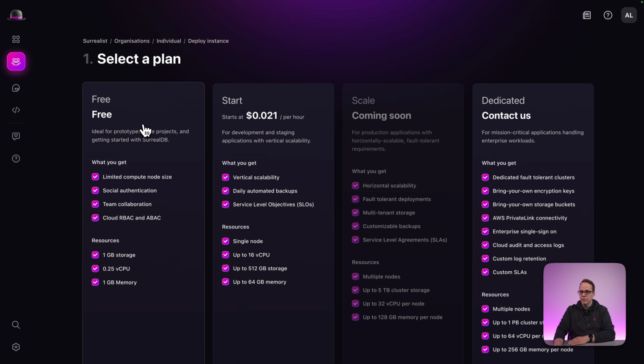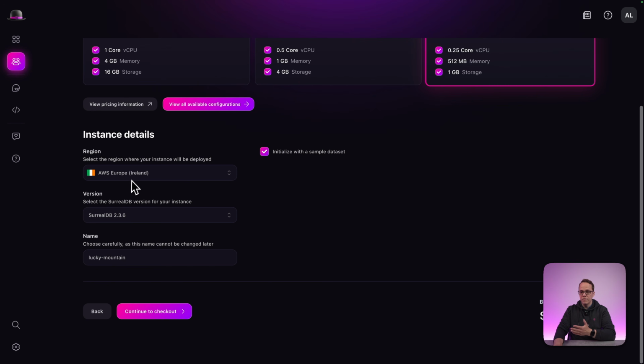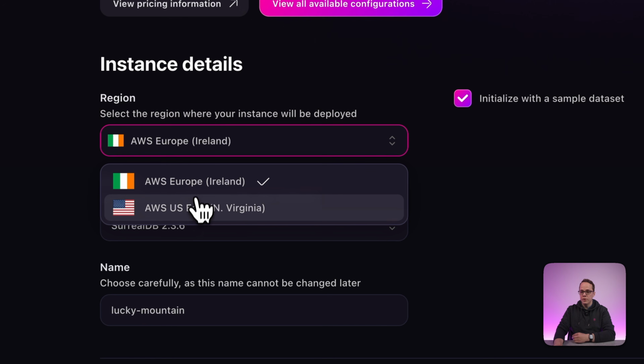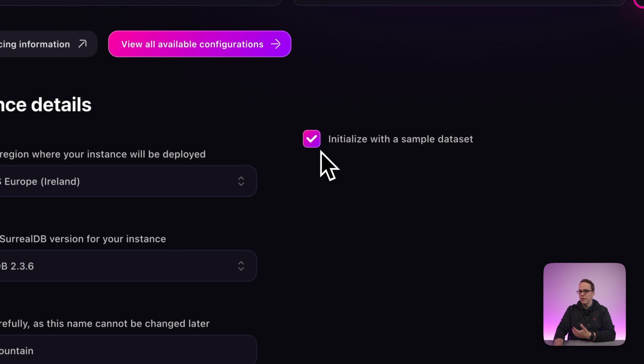Now, the quickest way to get started is for us to just select a free plan, and then we're taken to configure our instance. Since we are on the free plan, we don't actually have to configure anything aside from some instance details. By default, as I'm in Europe, we get AWS Europe, but you can also be in AWS in US East. And you can see that we have a tick box here that says initialize with a